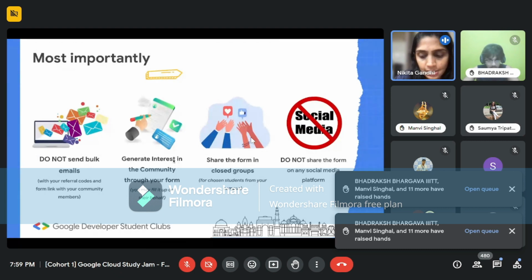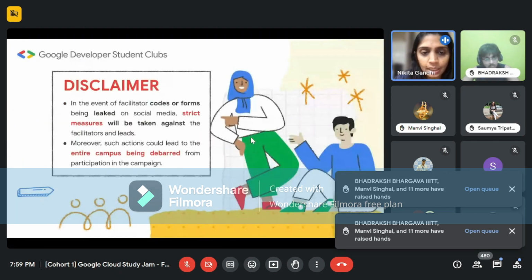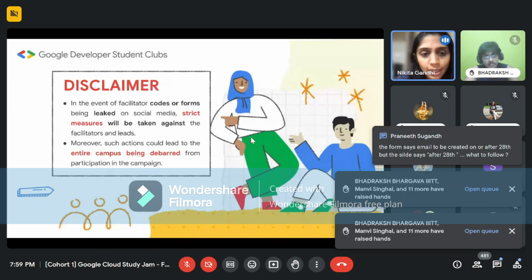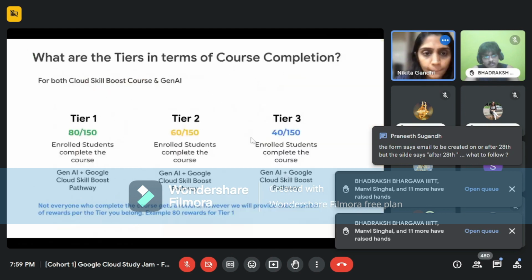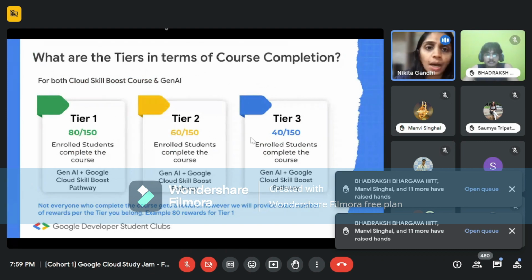The next thing is, if the facilitator code or forms are found to be leaked on social media, strict measures will be taken against the facilitator and leads. And it could also end up removing the entire campus from participating in the campaign. Now, you may have questioned that if my campus participates in this campaign and completes the course,